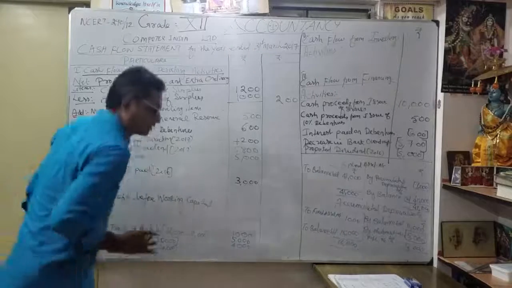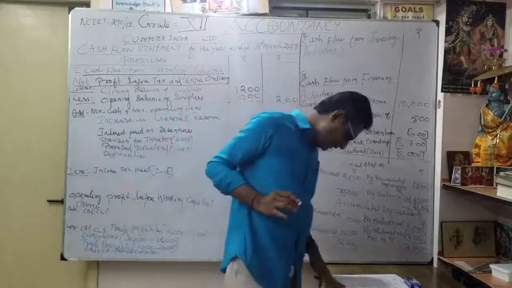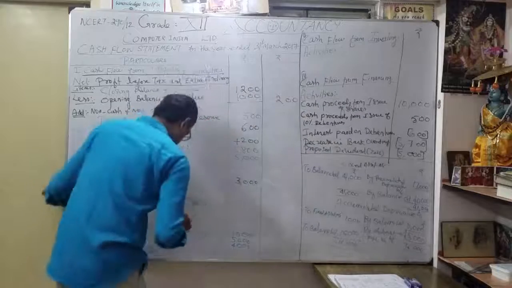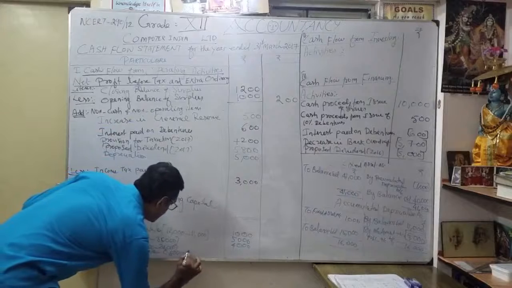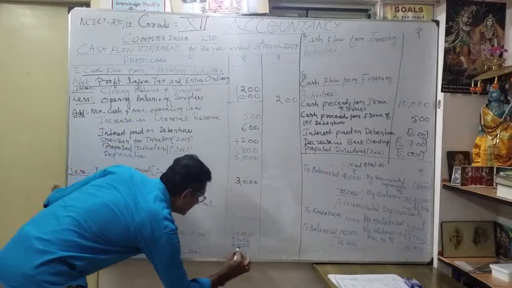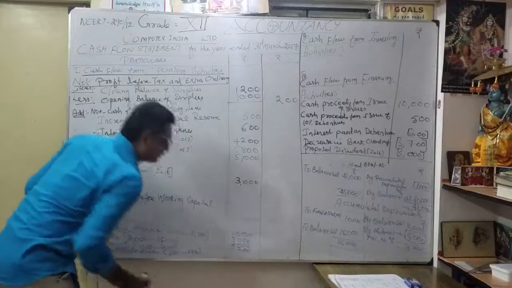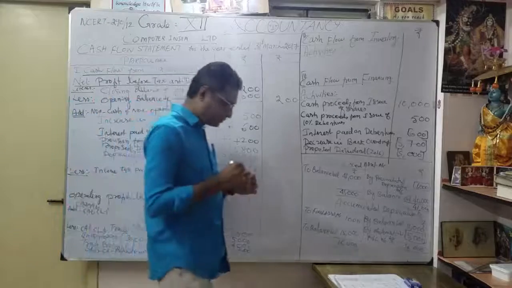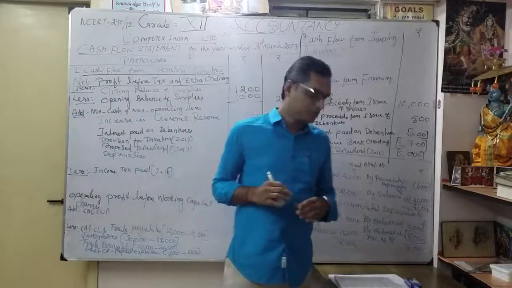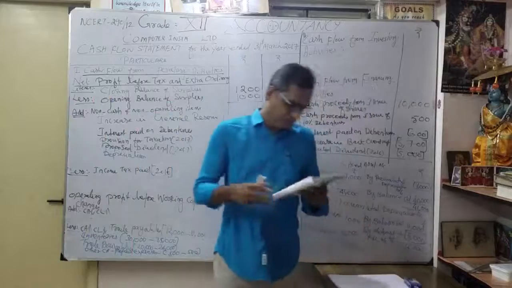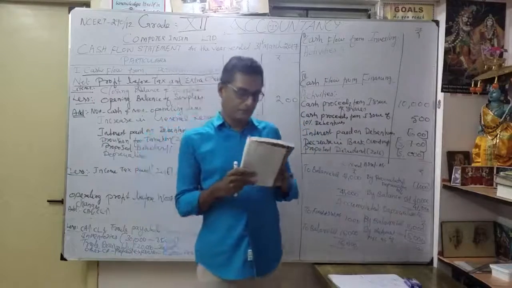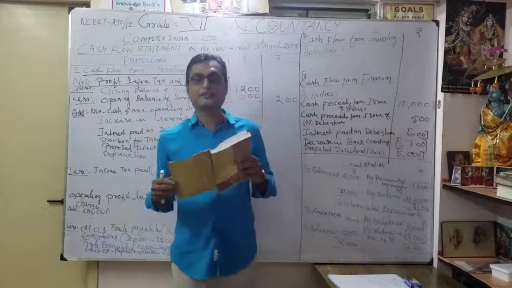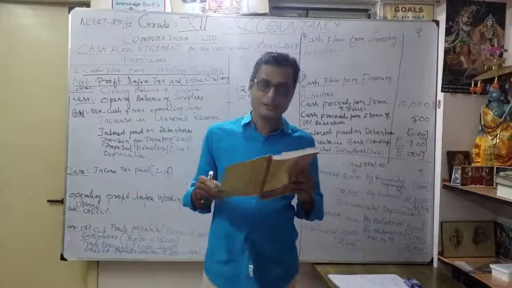Okay. So what happened? 300 became 500. So let's write it here: 500 minus 300. How much increased? 200. Understood? So totally here 200. Now, for this side, we have done it: current assets, everything. So now see, again we are going to verify whether we have done all the notes, stock accounts, thereafter any adjustments.